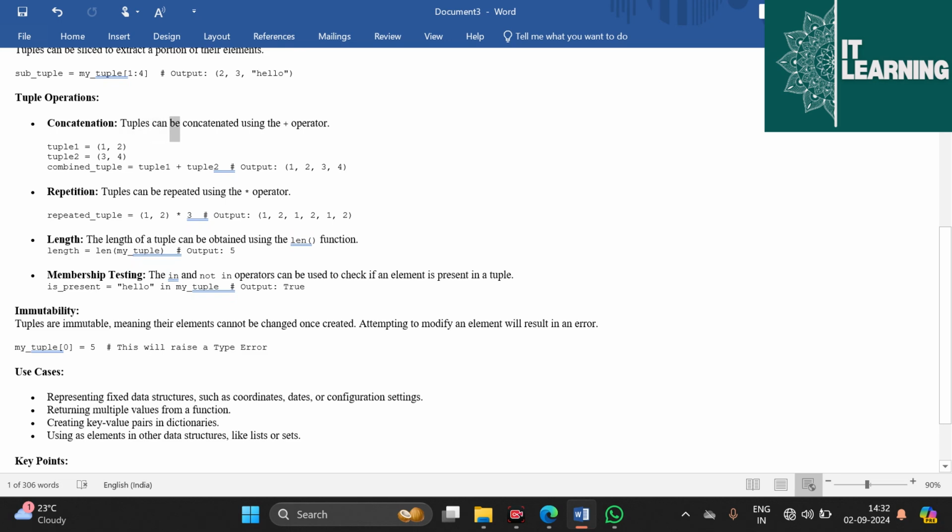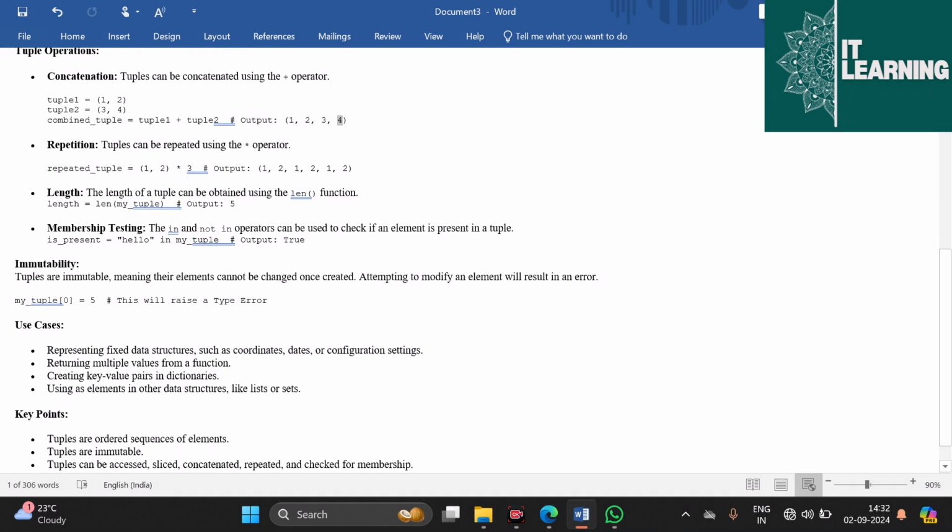Concatenation. Tuples can be concatenated using the plus operator. tuple1 = (1, 2). tuple2 = (3, 4). combined_tuple = tuple1 + tuple2 # output: (1, 2, 3, 4)